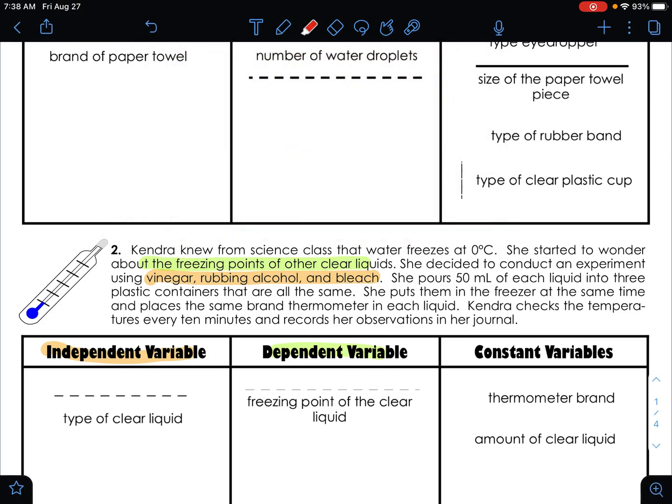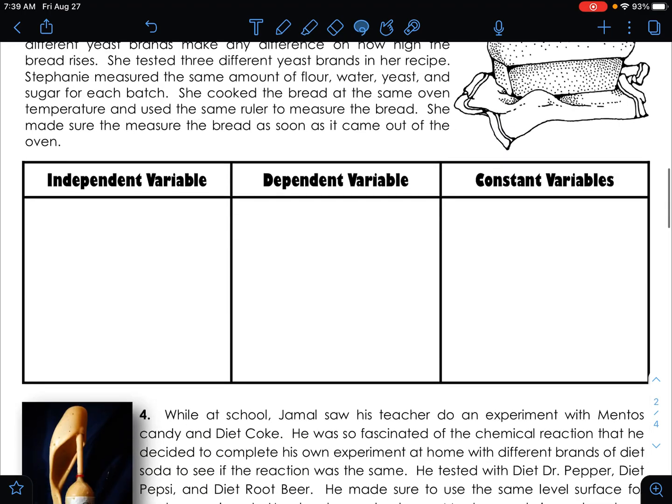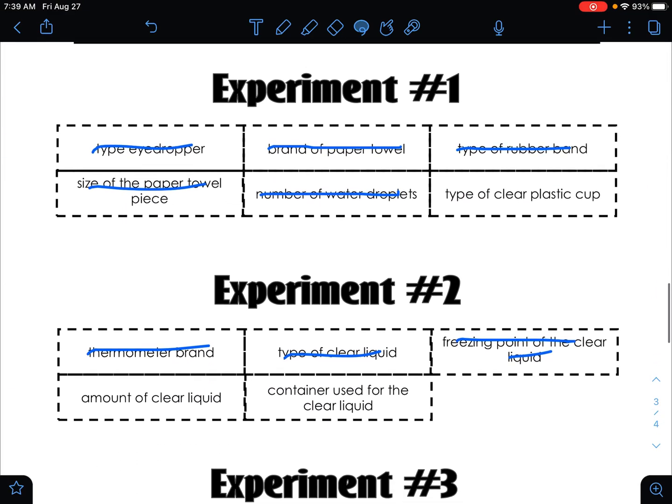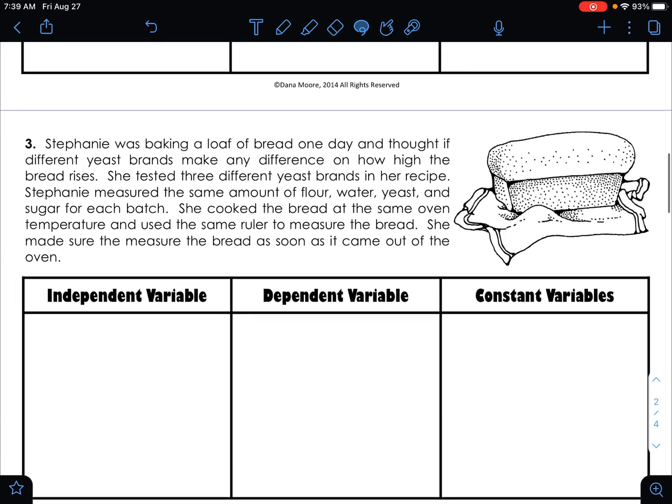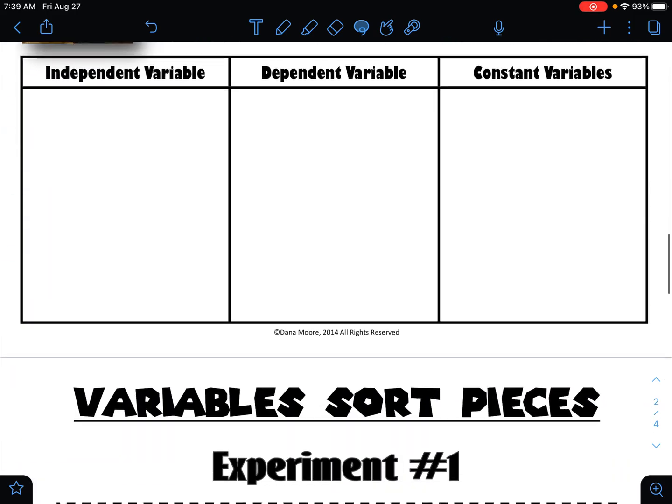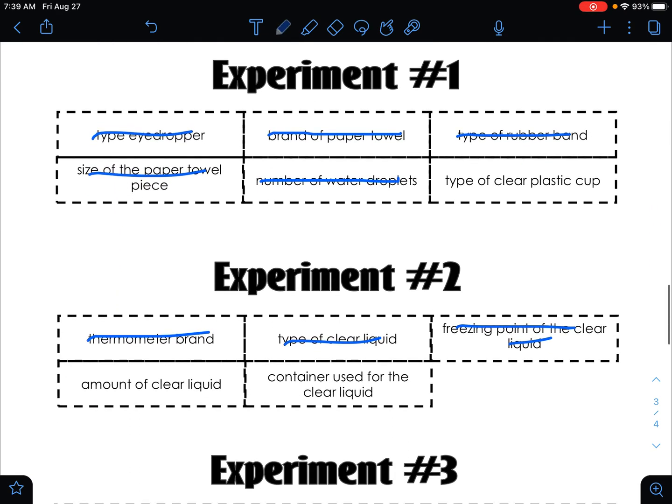Okay, all right, she talks about 50 milliliters of each liquid. We have the same brand of thermometer. All right, so then let's see, what else do we have to keep the same? Did we do that one already? The amount, yep, I thought so. All right, so the amount of clear liquid, and so then the last one would be